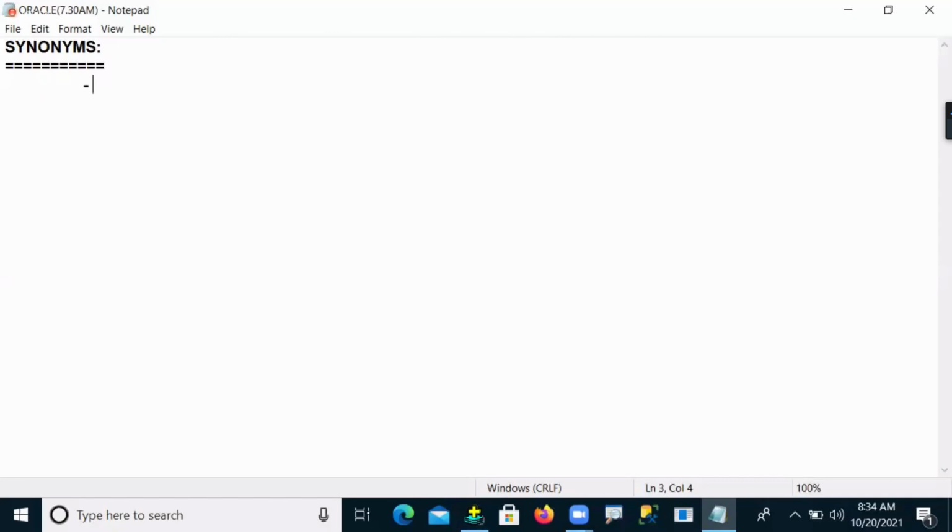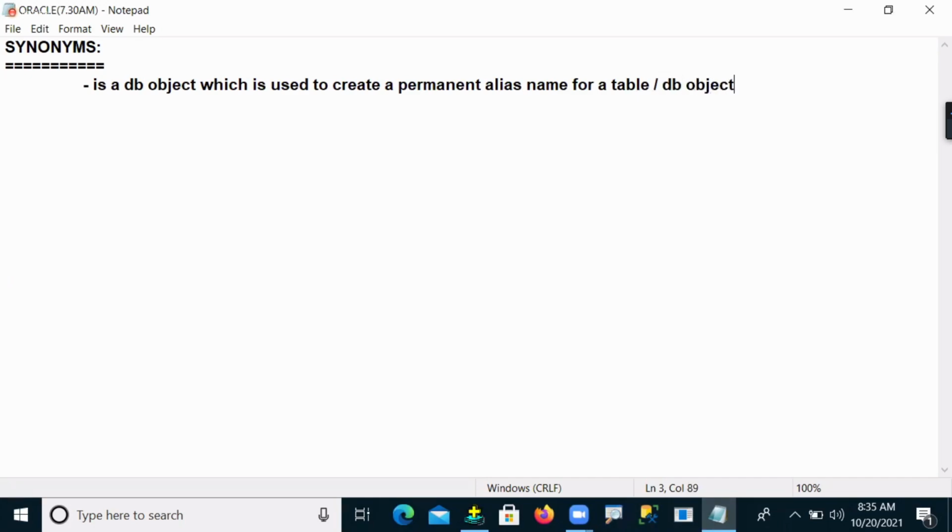So basically, a synonym is nothing but, simply we can say, a database object. It is a database object which is used to create a permanent alias name for a table or for a database object.